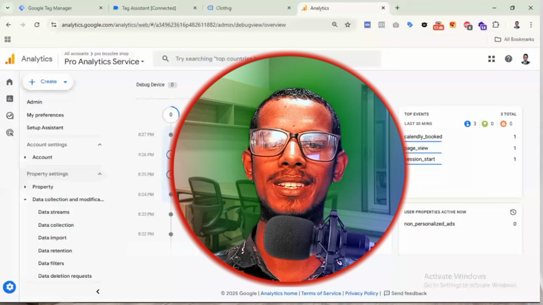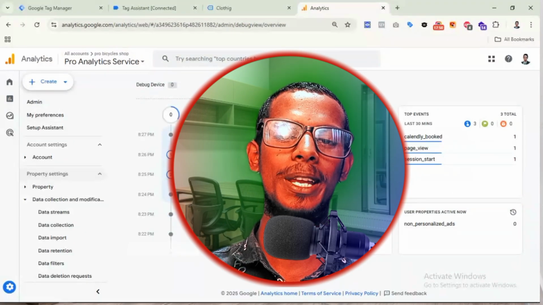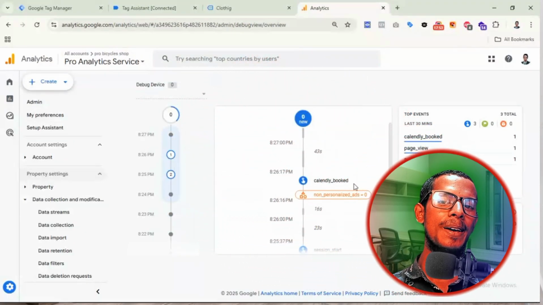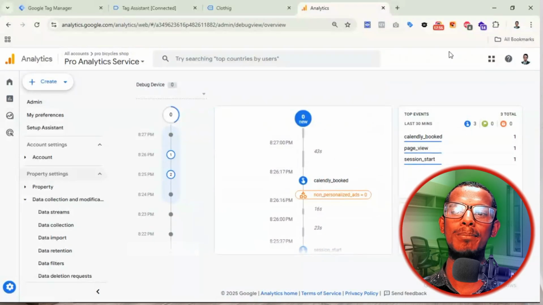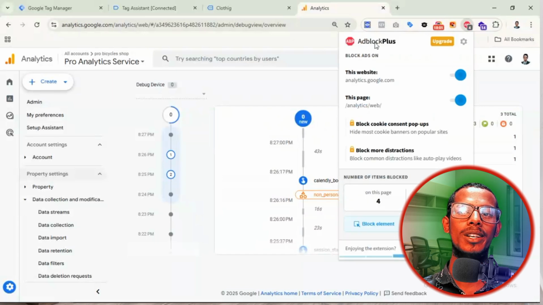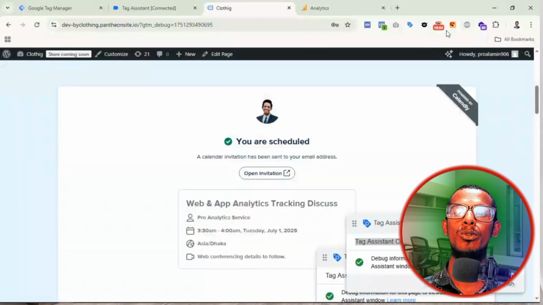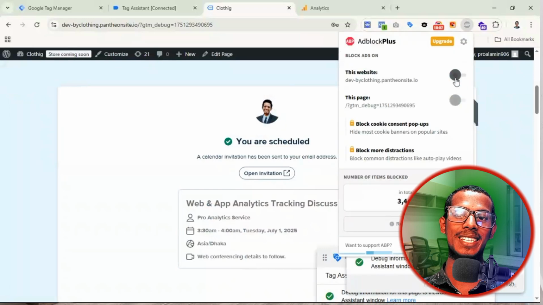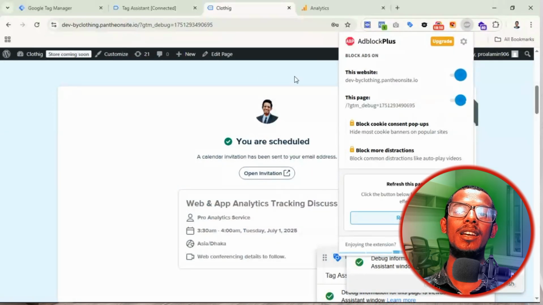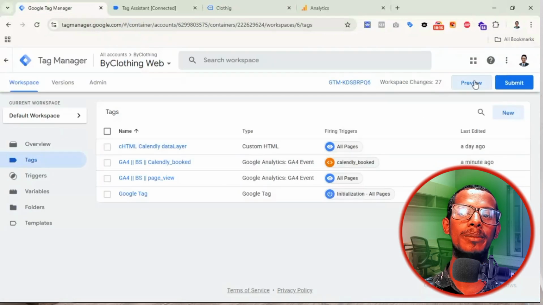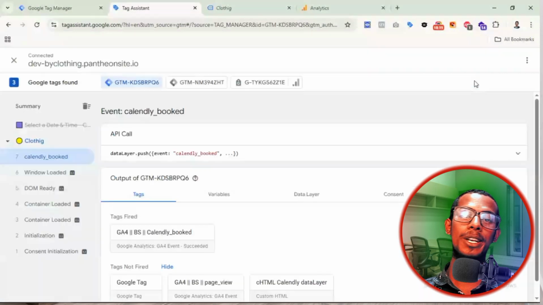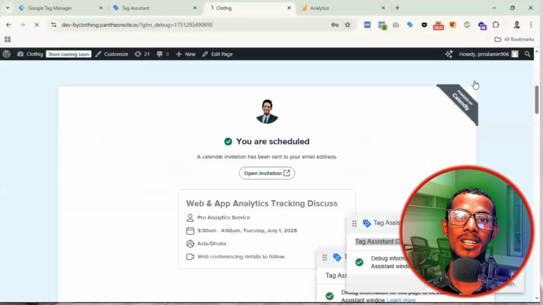For example, you can see our events like page view events and Calendly booked event. It is working very well, right? But when I use an ad blocker, this is our ad blocker plus extension. When I use this ad blocker on my website, I will open this, and you can see our setups are okay, right? When I click on preview and I want to check our events passing and whether our setup goes to Google Analytics 4 or not. Okay, then you can see